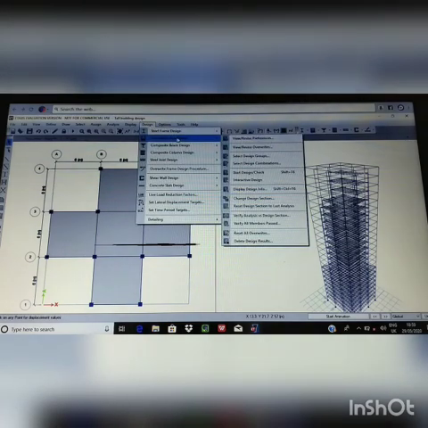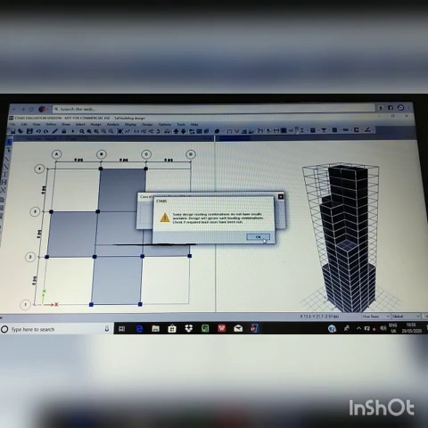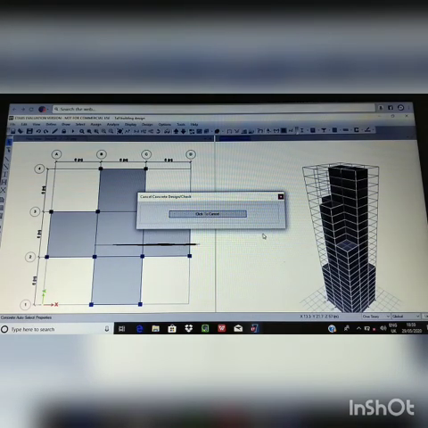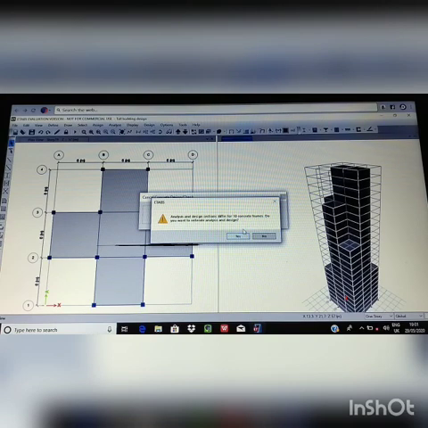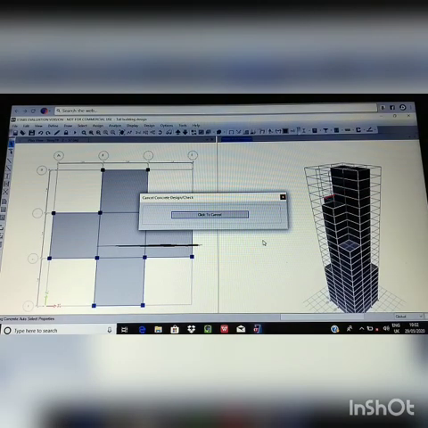Now we can run the structural design on the building. Click on Design, then Concrete Frame Design, then Start Design Check. If the software asks to reiterate, then click on Yes, because we have defined auto select. The software automatically performs the analysis and structural design.